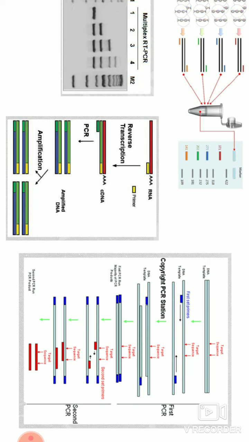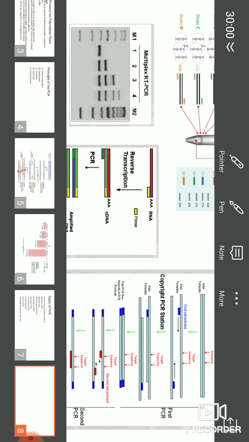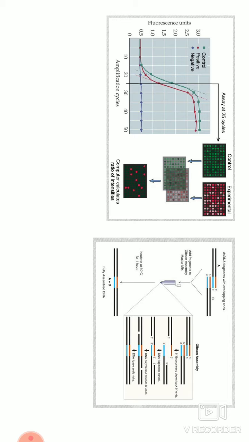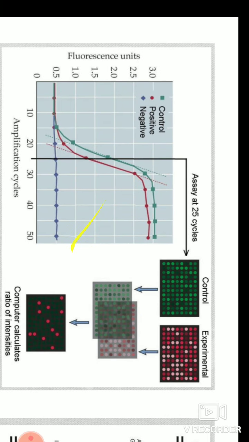The improved sensitivity of the reaction derives from the binding of two separate sets of primers to the same target template. So when you want to amplify segments of long templates, then you need to know what sequence you are amplifying. The next example is qPCR. So now you know that